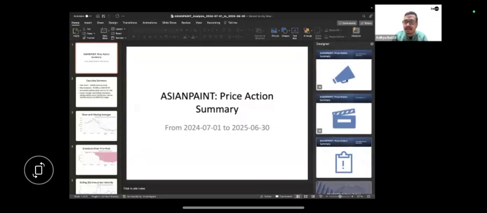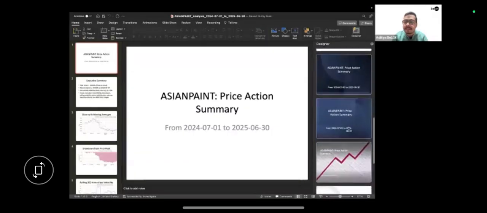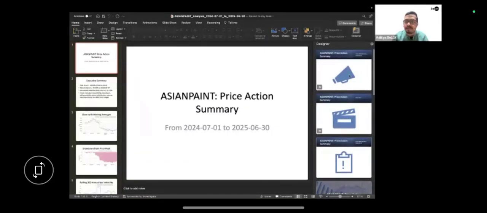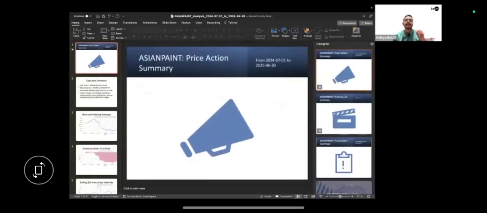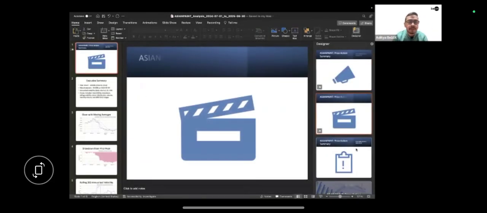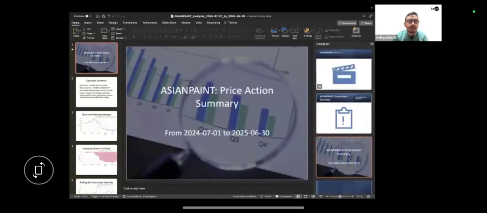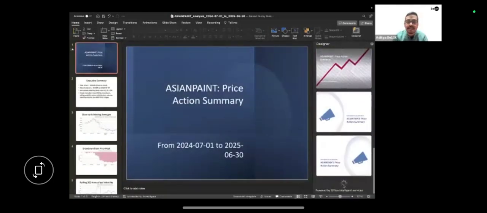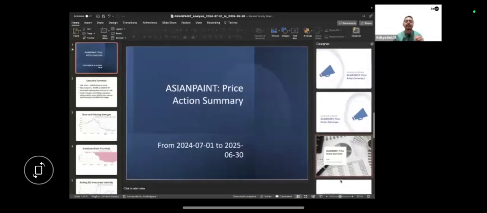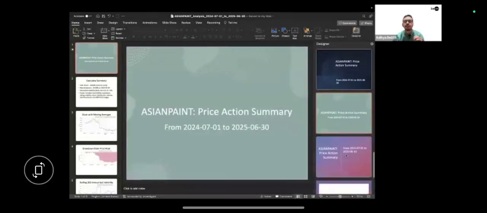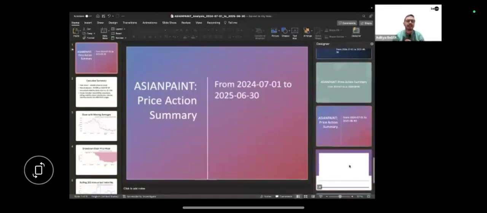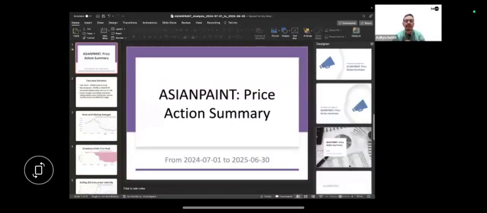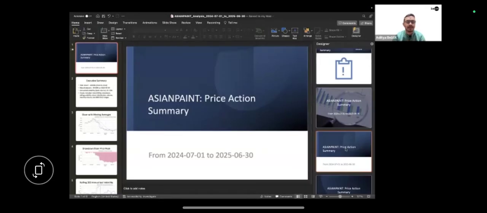When you click on this designer button, you will be able to see multiple design ideas which have been thrown at you. If you go ahead and choose that, your presentation which was a very normal black and white looking presentation has been converted into something like this. If you like this, you can choose this. If you like this, you can choose this. If you like this, you can choose this. If you want more design ideas, you can click over here, and you will be able to find more design ideas for yourself. If you want to change the theme color to something like this, you can choose that. If you want this, you can choose that. Whatever you like, you can go ahead and choose, and it will be able to do the work for you.